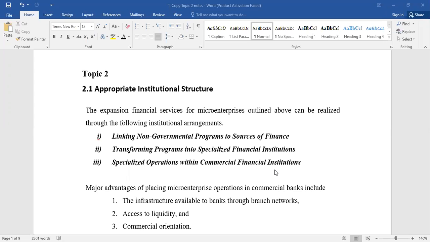We are looking at the expansion of financial services for micro enterprises as outlined in our topic 1. The expansion for micro enterprises can be realized through 3 arrangements. The first one is linking non-governmental programs to sources of finance. If you recall, we said that many micro enterprises